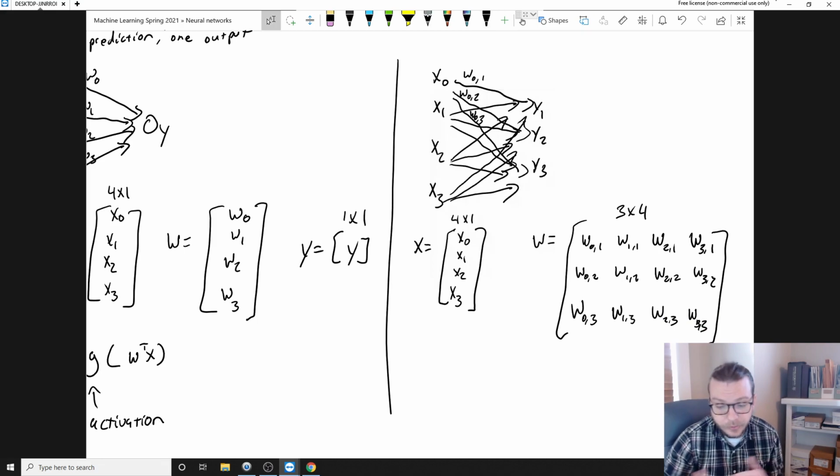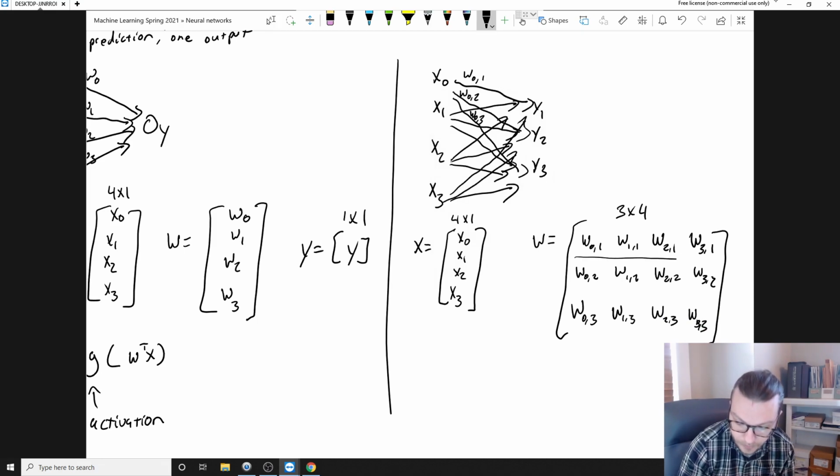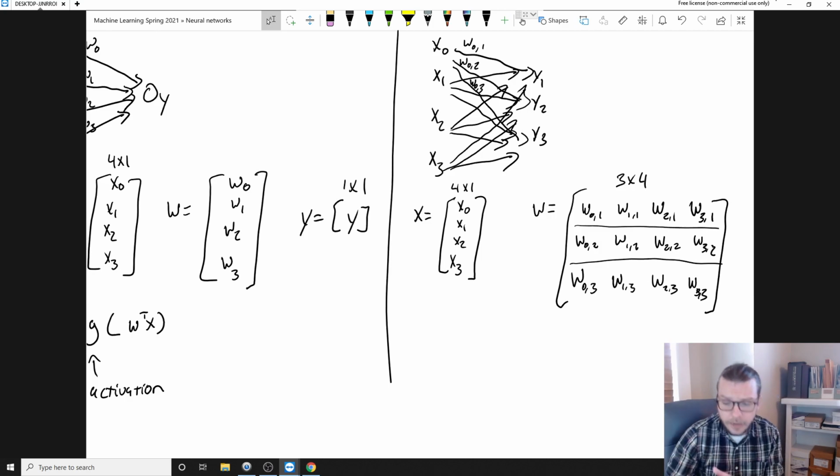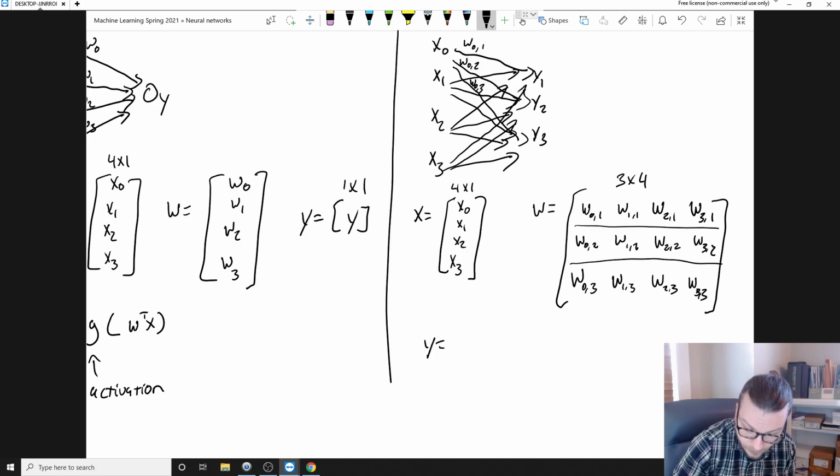In this case, this is just storing things row-wise. Every one of these rows corresponds to one output. The first row holds the weights that are going into output 1. The second row holds all of the weights that are going into output 2 from each of our input features. If I stored things this way, then my output is just g, still activating it,